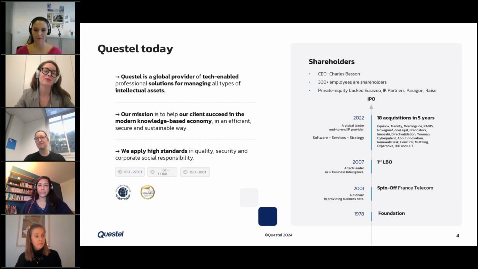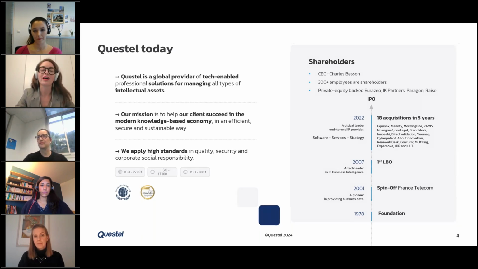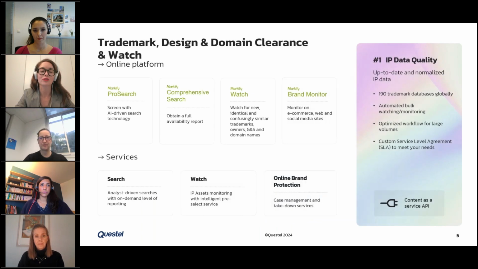A brief presentation about our company. Questel, as you probably know, is a global provider of tax solutions, combining professional services on top of the IT ecosystem we have in place. So our mission is really to help clients add value to the IP portfolio strategy they are running every day. And how we do that, we combine the SaaS solutions, so the technological part, together with high professionalism on services.